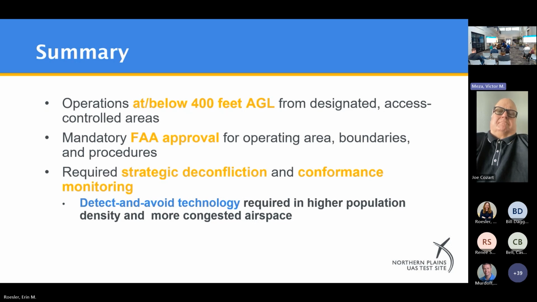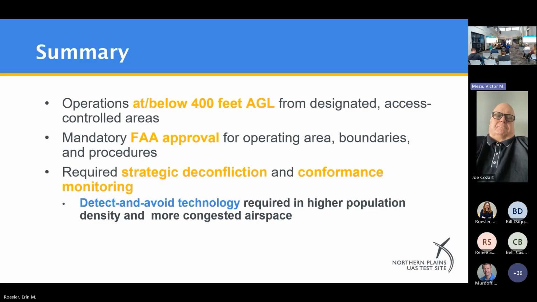Then, once I am flying under that operational intent volume, once I am en route and flying on that plan, if I deviate from that, I need to have some sort of conformance monitoring. So if I go outside my little bubble, it's not only going to alert me of, whoa, I went outside my bubble, but also it's going to alert other airspace users in that vicinity that someone that's flying in this airspace is not adhering to their operational intent volume. So strategic deconfliction and conformance monitoring are now minimum requirements for all operations under 108.